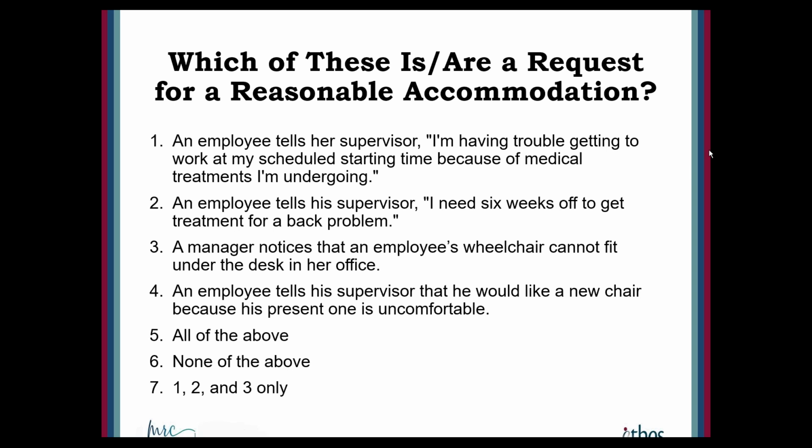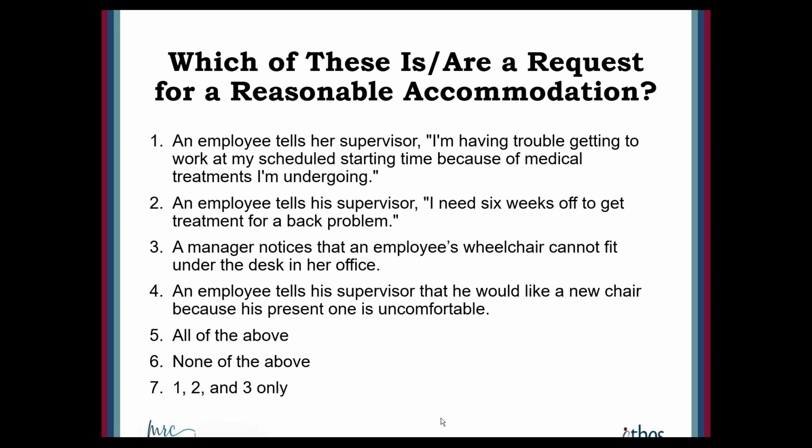5 and 7 seem to be the common themes here, literally going back and forth, 5, 7, 5, 7, 5. So, okay, great. So yeah, the answer to this question is actually 7. Number 4 isn't technically a request for reasonable accommodation because it isn't linked to a specific disability or medical condition,